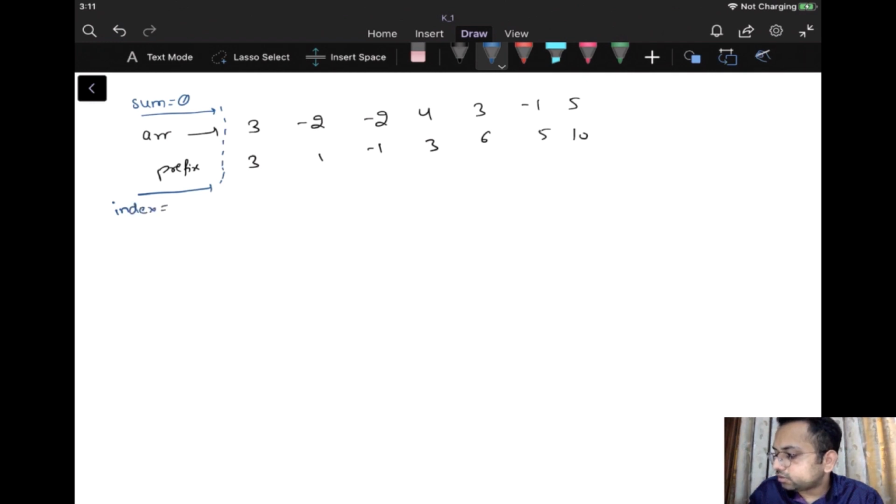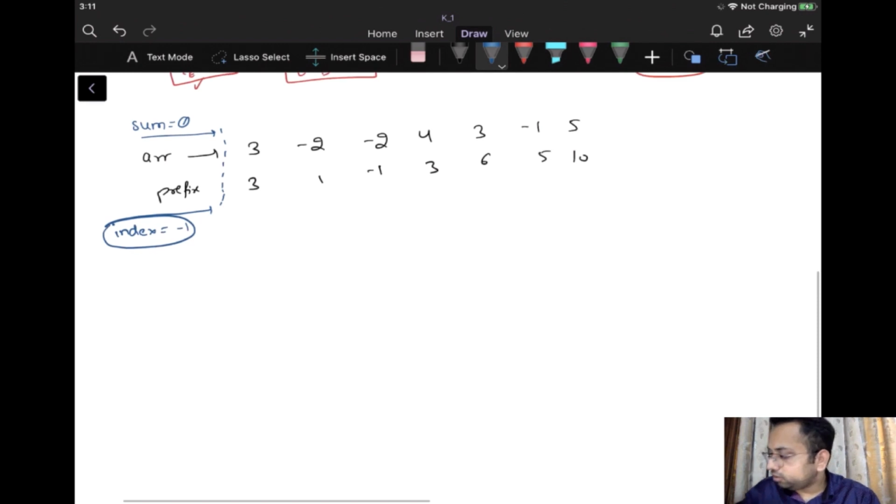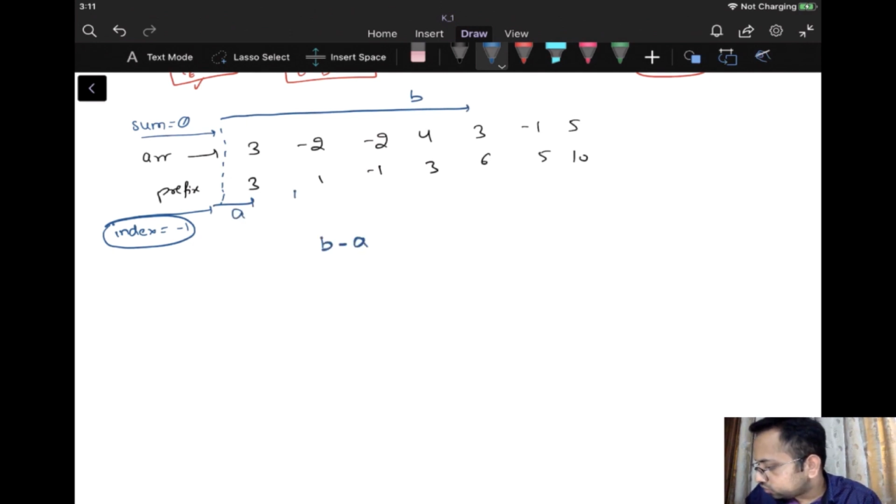So the index till this point, I can say that index is equal to -1, because you have seen whenever we consider the range, if I say b minus a, so b minus a is going to give me the sum of the elements which excludes the a, but we need to include a as well, right? At some moment we need to include the 0th index as well in the answer.